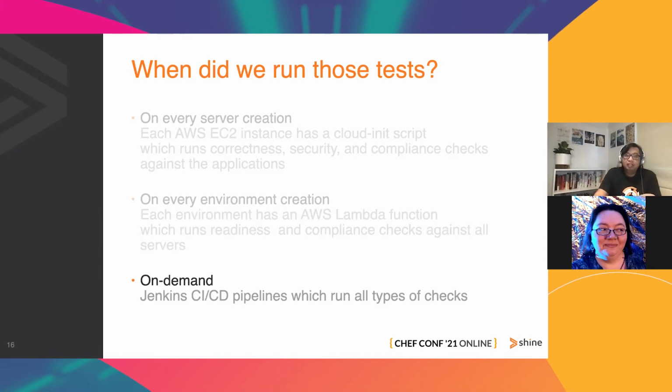Now, there were also some scenarios where we needed on-demand checking, right? So the project used Jenkins CI/CD. So we introduced some CI/CD pipelines to perform various types of checking: checking on the server level, in application environment. And why is this needed? It's because the server creation and environment creation checks, the first two types of tests that we introduced here, occurred at the beginning of the creation of those resources, but the environments might evolve along the way.